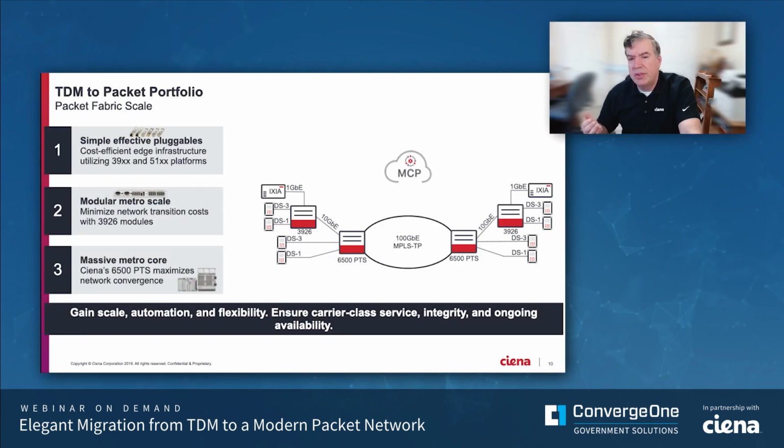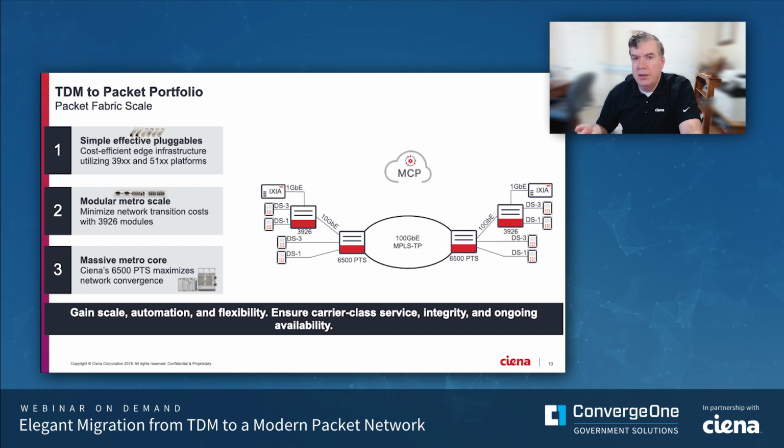Secondly, if we have somewhat more TDM circuits, maybe 10, 20, 30 of them, we have what we call a modular metro scale solution. It's a product called a 3926. That one allows you to do a mixture of TDM and Ethernet. One side of it is dedicated for Ethernet and the other side is dedicated for TDM, up to 16 services. And then if you have a very large installation which has potentially hundreds of TDM circuits,